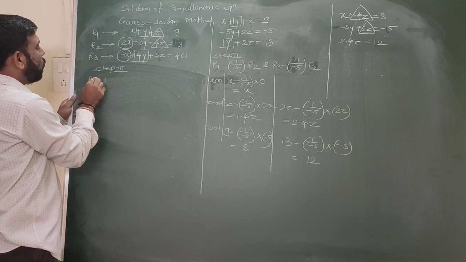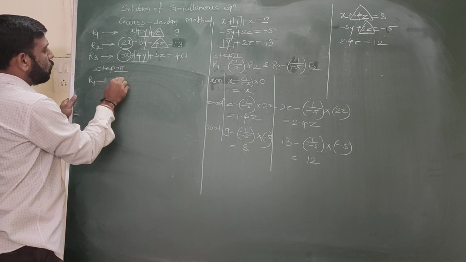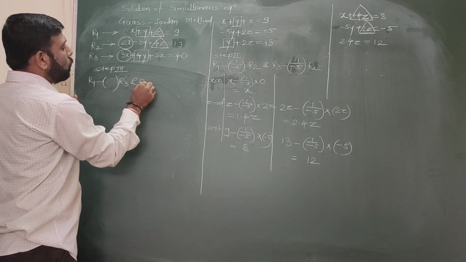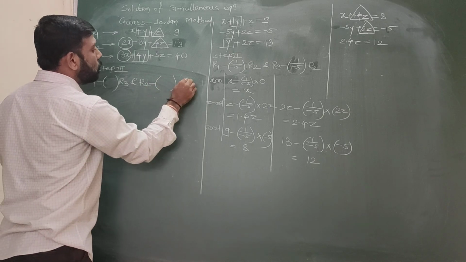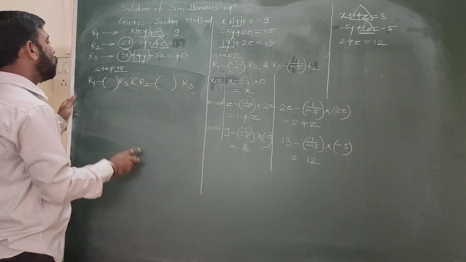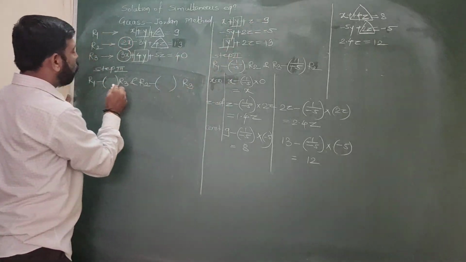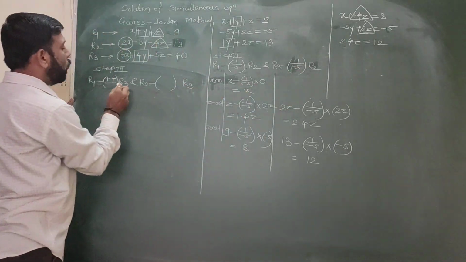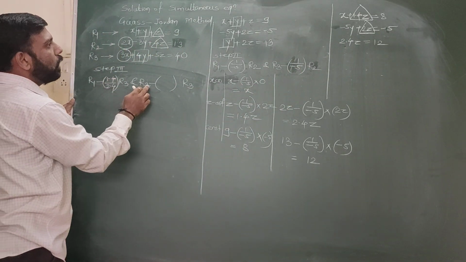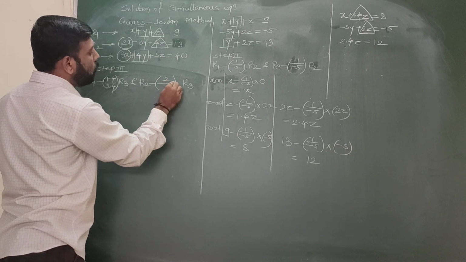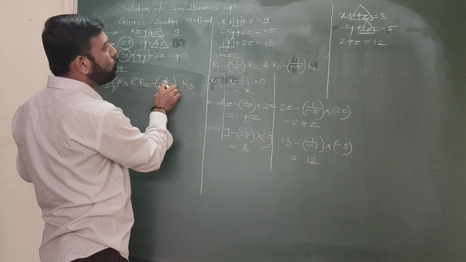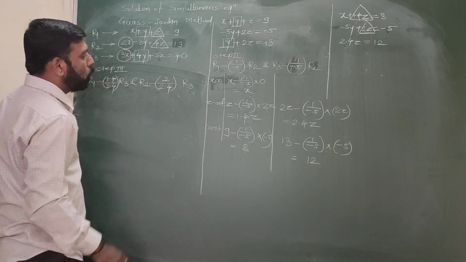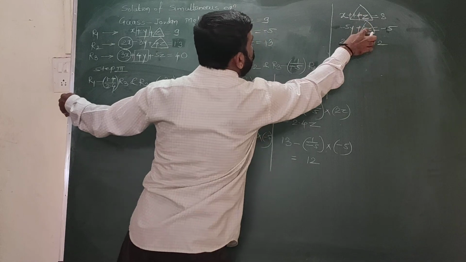So I am writing the operations R1 minus R3, with its multiplying factor, and similarly R2 minus R3 with its multiplying factor. For R1, the coefficient is 1.4z and its z coefficient 2.4. Similarly for R2, the multiplying coefficient is 2 over 2.4. So because of these two operations, these two elements become 0.